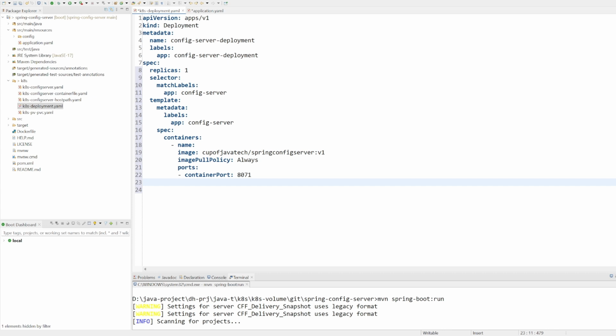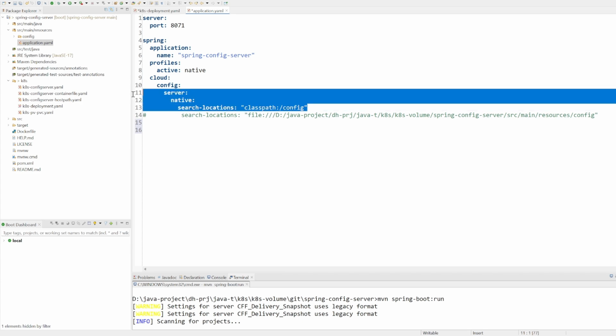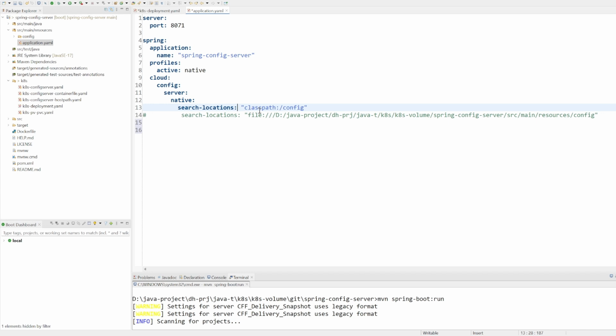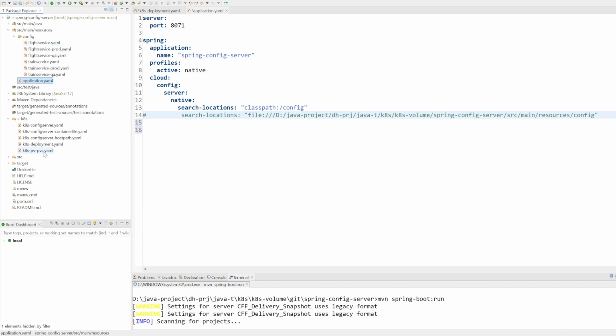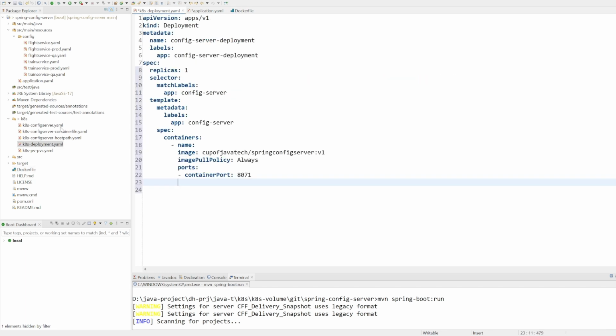So here we will specify the detail about the application name. We will specify the detail about the location from where we want to pick up these particular configuration details that we have added right here. In our case, what we will be using is the one that we have defined in the Docker files. We will be using the app config. So here, the first thing that we need to specify, right below where the image and the names are being added, is